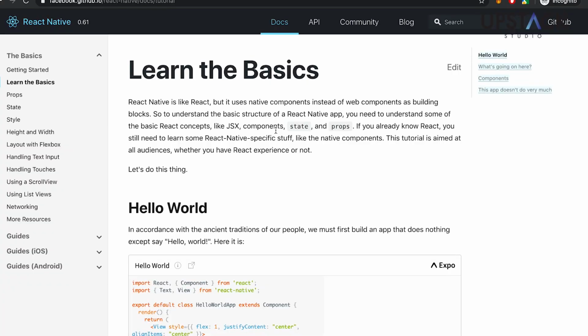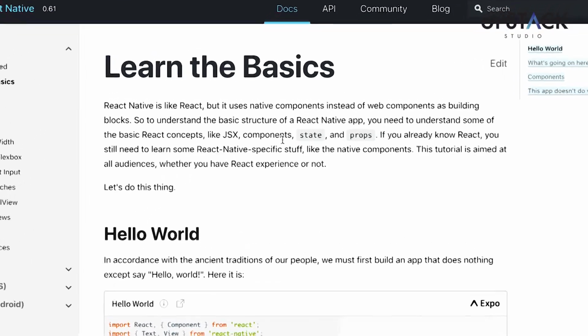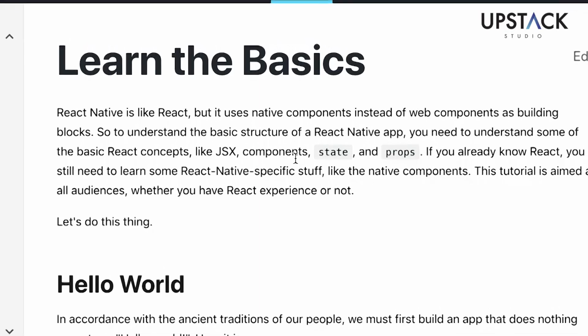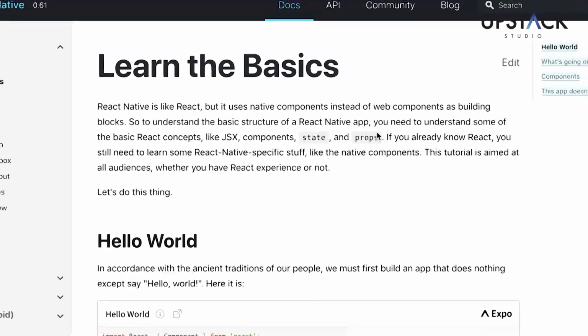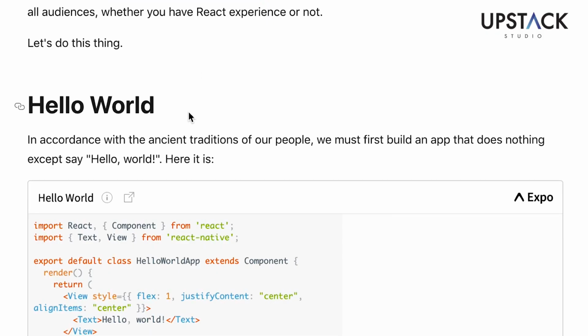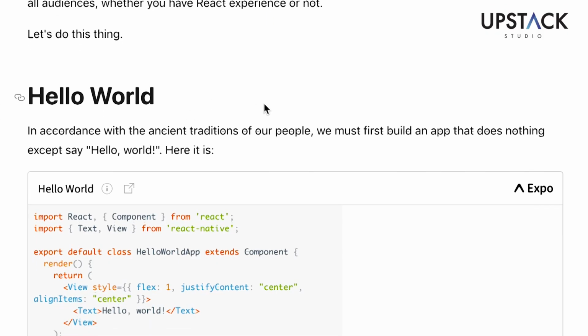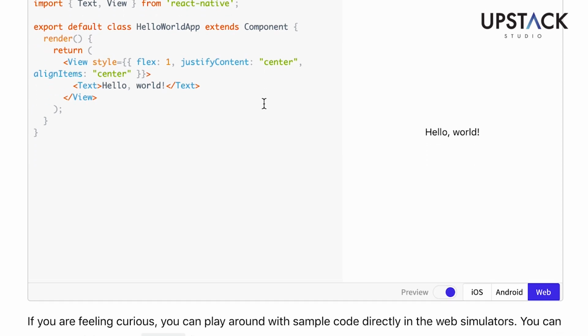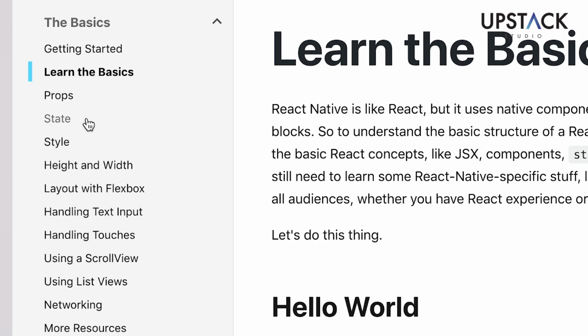This is the official React Native tutorial that we recommend everyone starting to go through first, because this is where it all begins. As the title says, learn the basics. The official documentation of React Native is going to warm you up with the key ideas and terms used for React Native. Get started with the good old Hello World application. Isn't that where we all start? Hello World. So with this tutorial, you can get yourself familiar with things like props and states, how to style your React Native application using JavaScript, how Flexbox works in React Native, creating and handling inputs and buttons, how to request data from a remote URL, and many more.